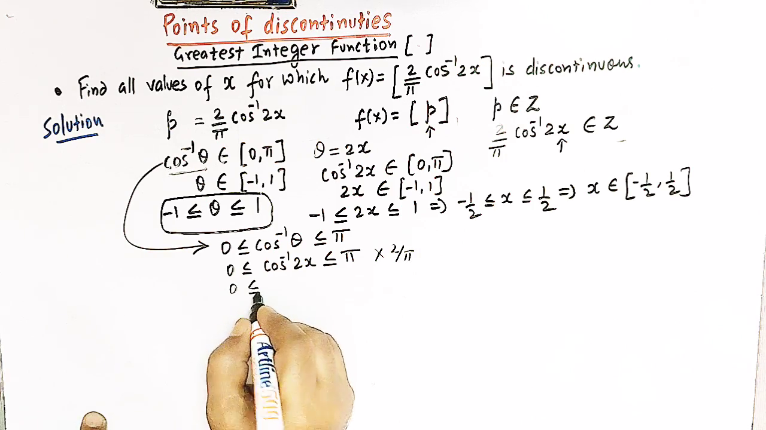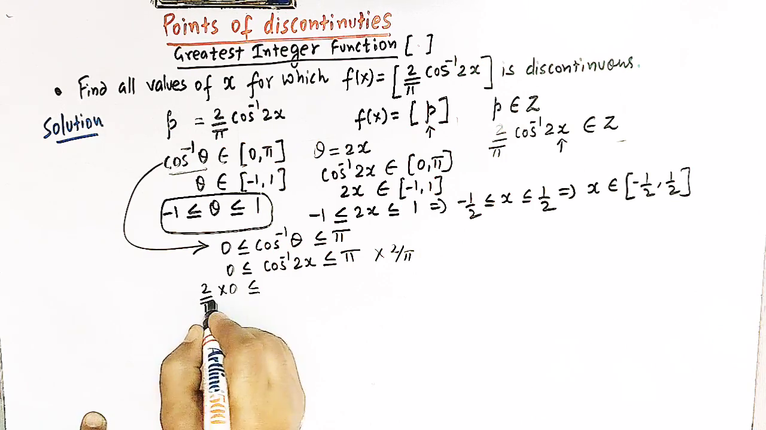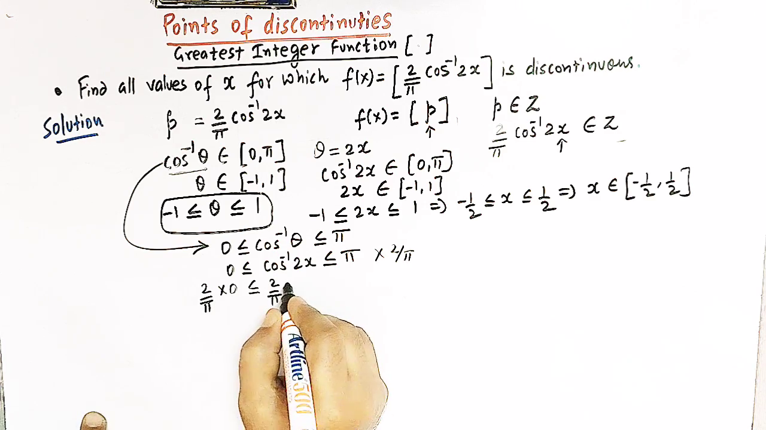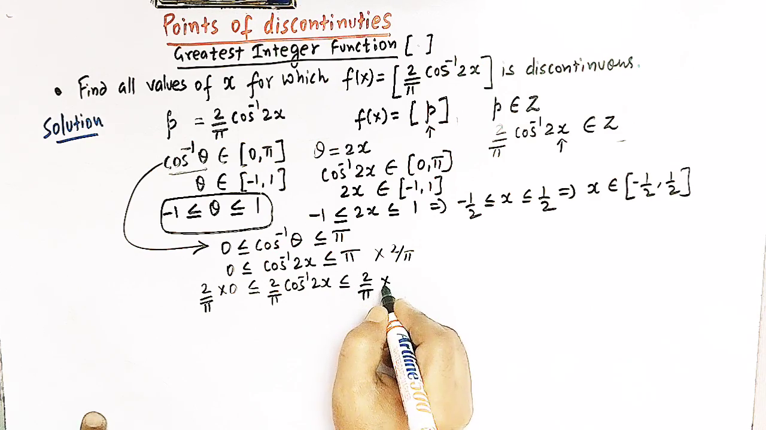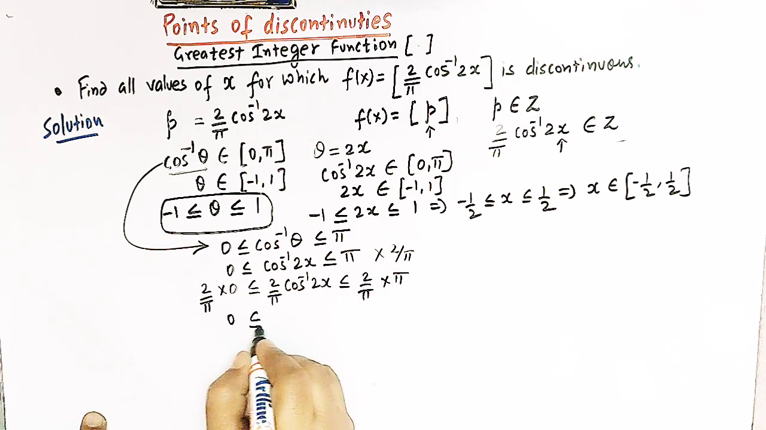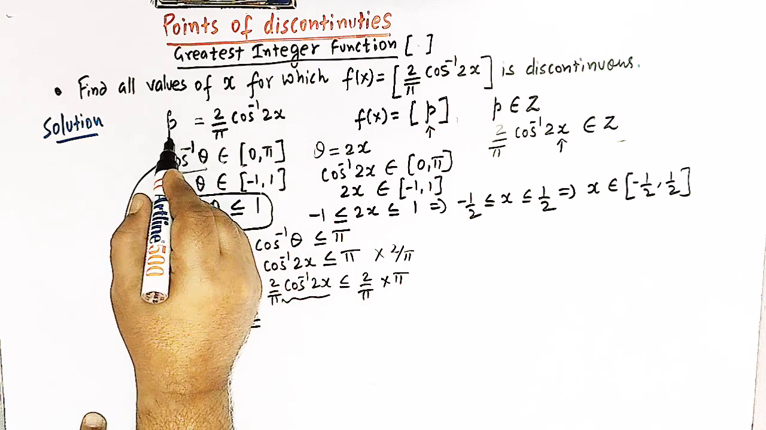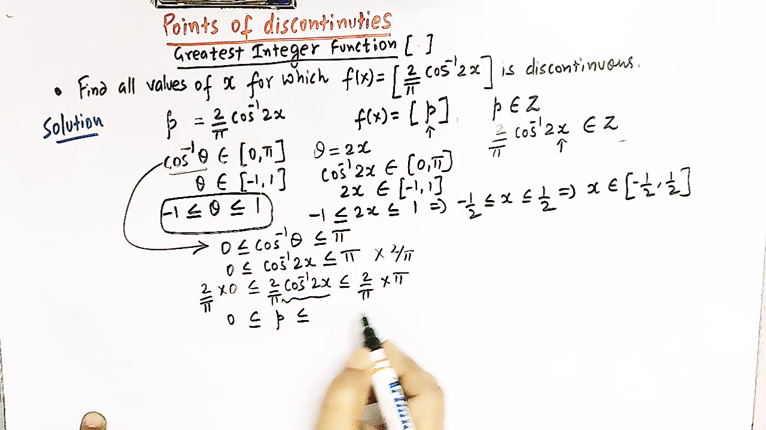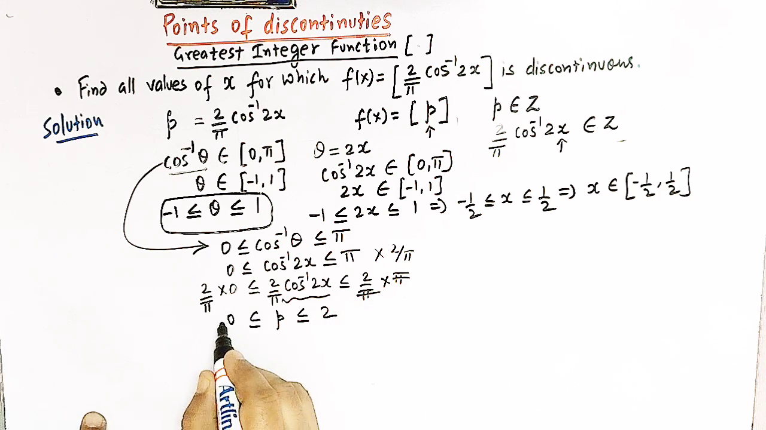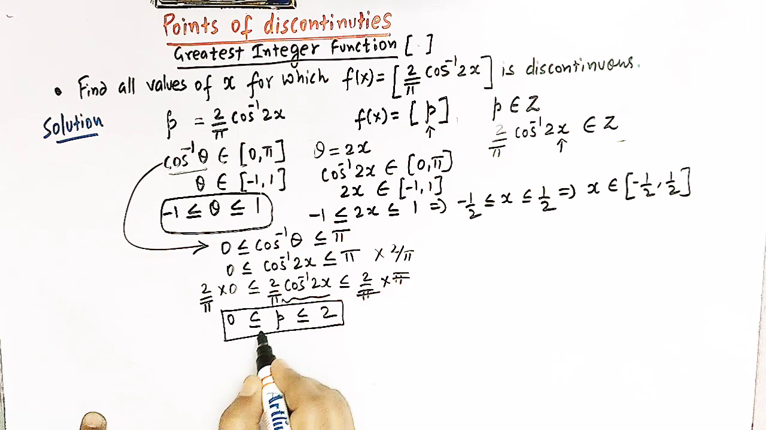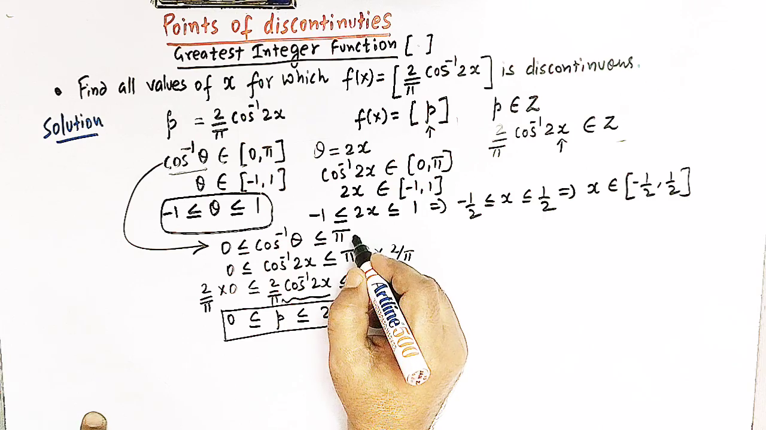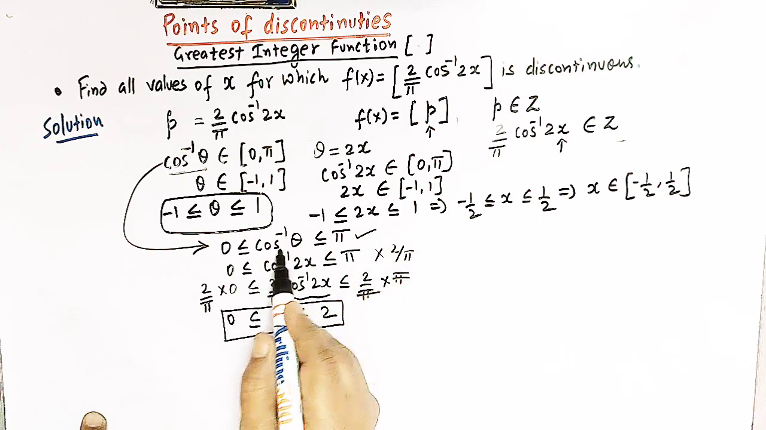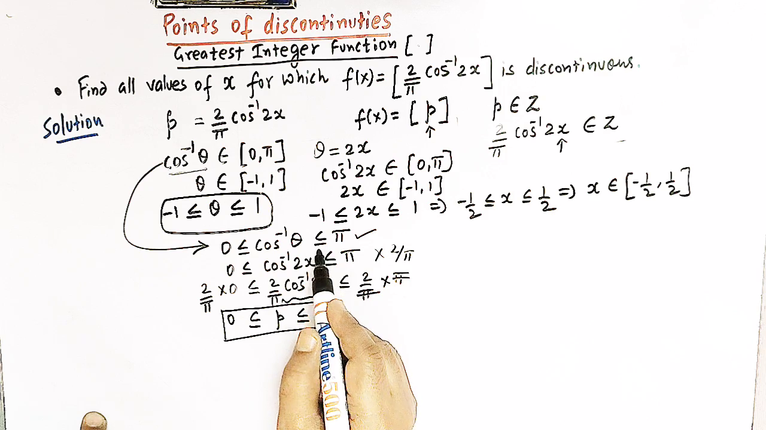So here we have 0, that is 2 over pi times 0. Here we have 2 over pi cos inverse 2x, and here we have 2 over pi times pi. So here we have 0, here we have this expression p, and here we have 2, right? So whenever p is greater than or equal to 0 but less than or equal to 2, then we have this expression, that is cos inverse theta is greater than or equal to 0 but less than or equal to